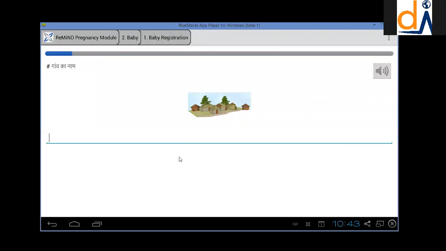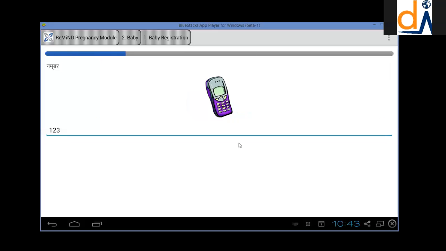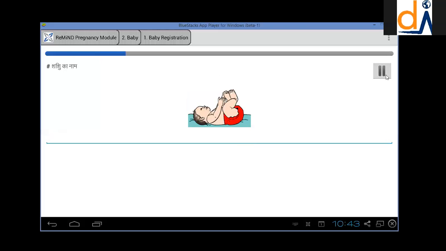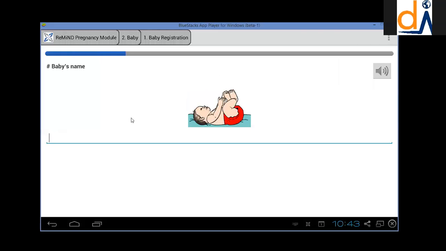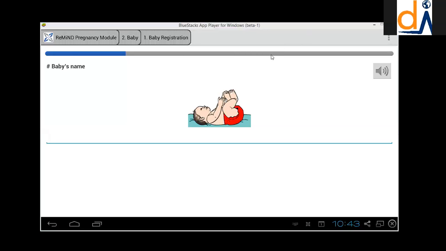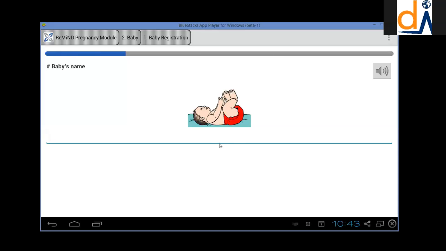And again, this app has lots of sound clips and things like that to help out with what's the baby's name. I'm actually going to put this back in English. So you can go back and forth while you're in the application. And you can set default users as well. So for example, if we knew that I only spoke Hindi and English was really going to throw me off, we can manage the user to have a default language. Great. So I'm going to register this baby as